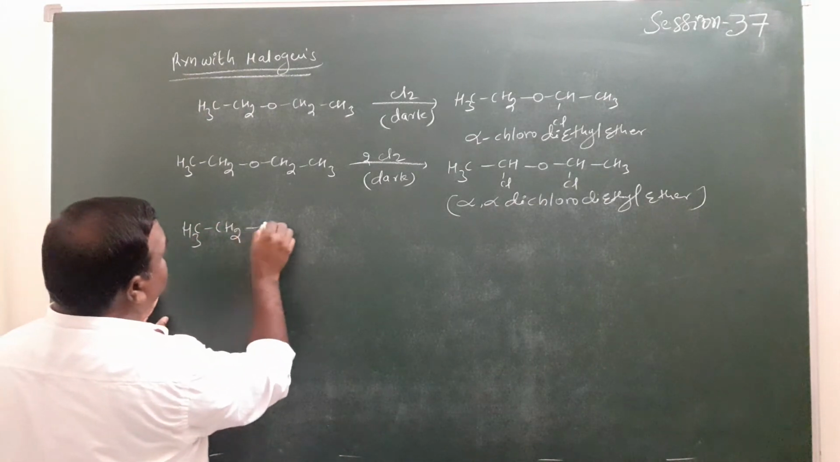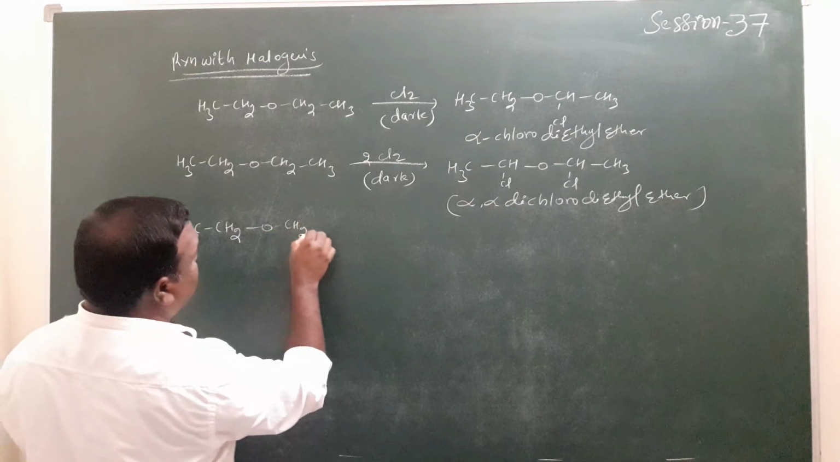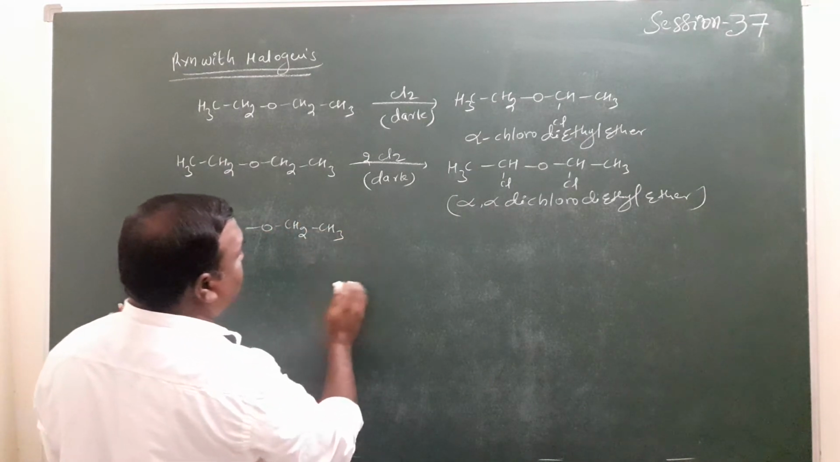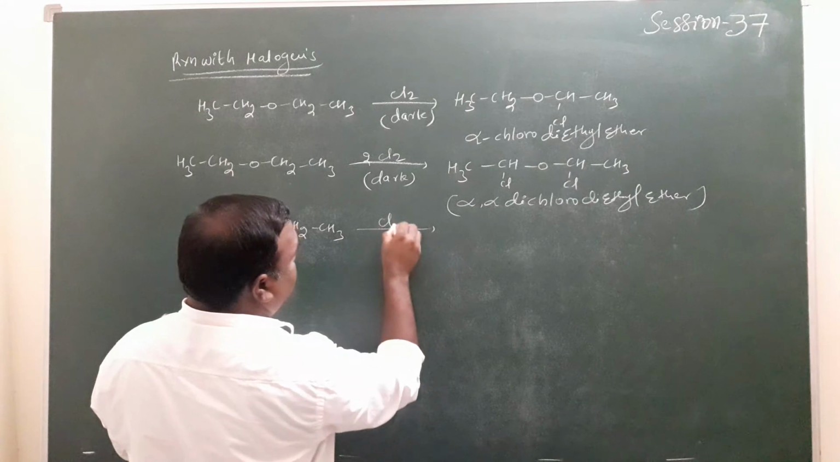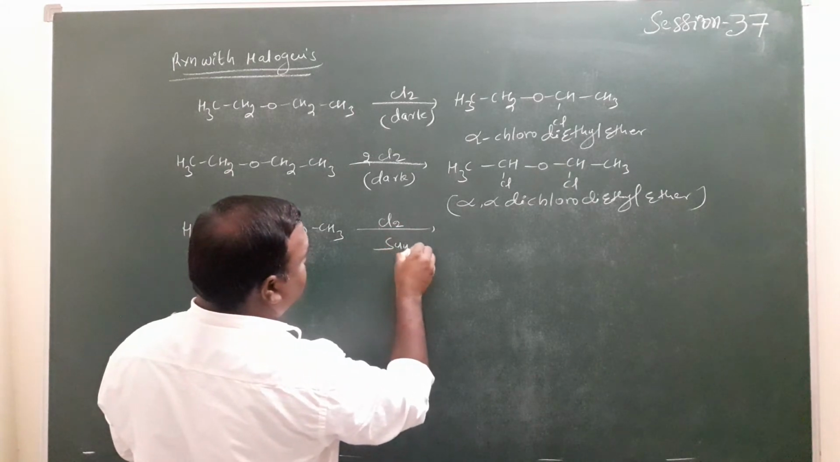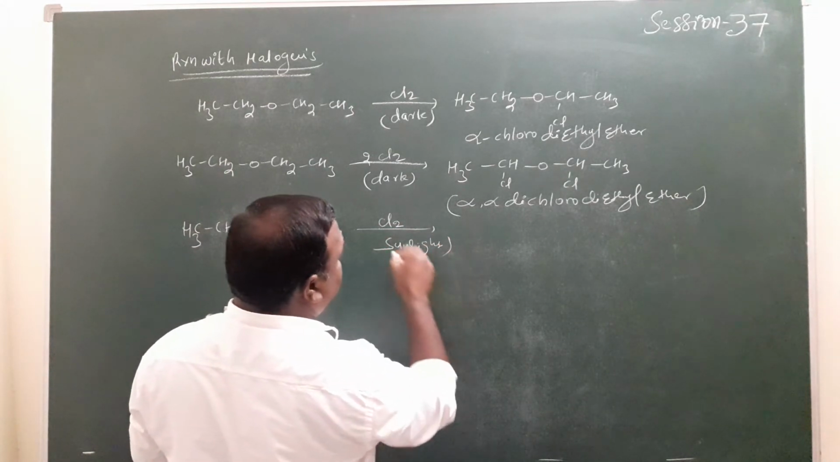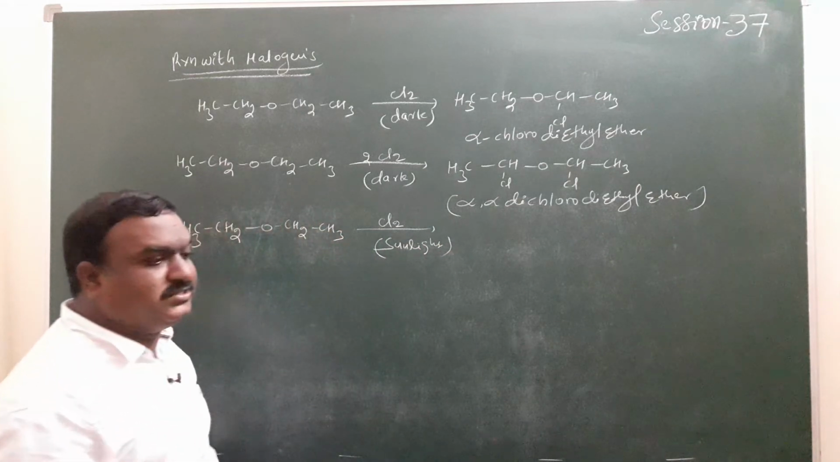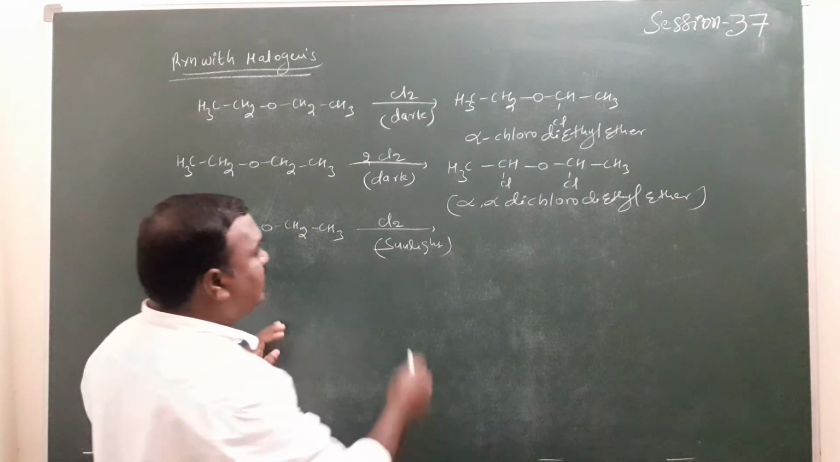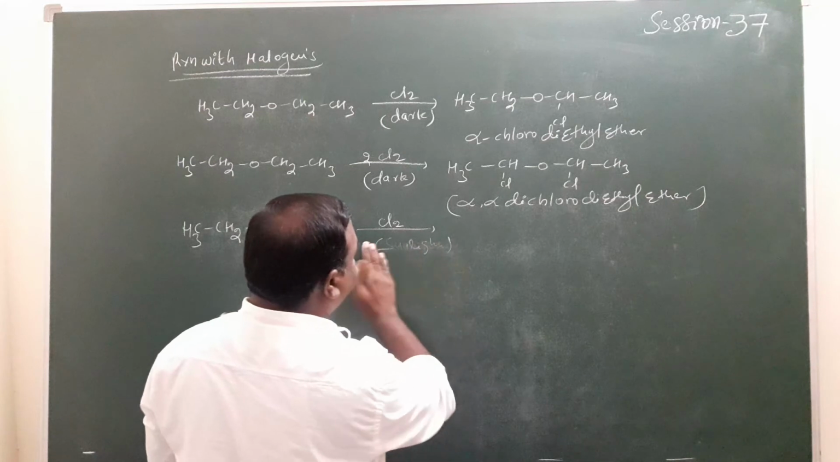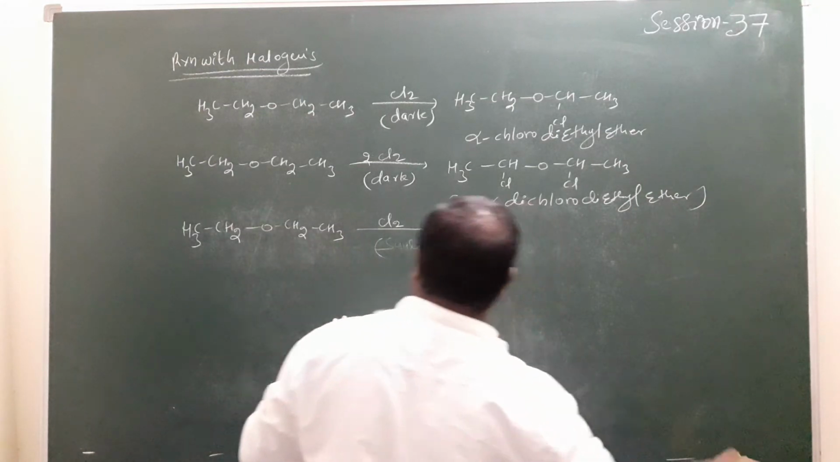Again, the same diethyl ether is given, CH2, CH3. The condition here is chlorine with sunlight, or light. The light condition is given, so with the light condition,